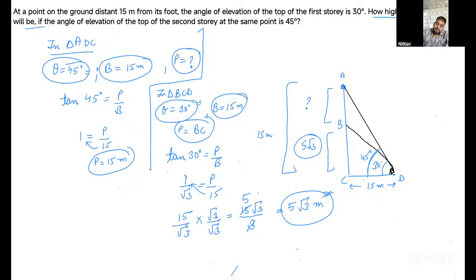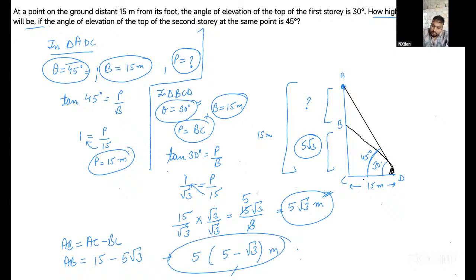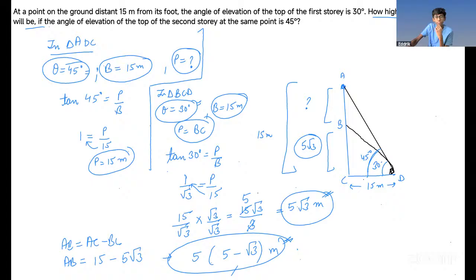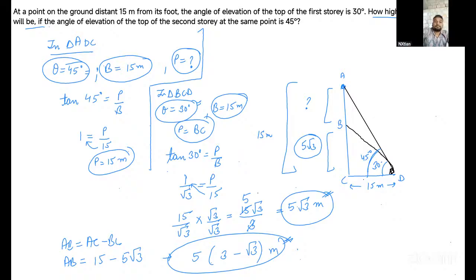Now if you want to find a distance AB, so how it will be? AB is equals to AC minus BC. Can you hear me? Am I audible? Yeah. So AB is equals to AC is basically 15 minus 5 root 3. So if I take out 5 as a common, it becomes 5 into (3 minus root 3) meter. This is the answer. Or 15 minus 5 root 3. Yeah. Next in